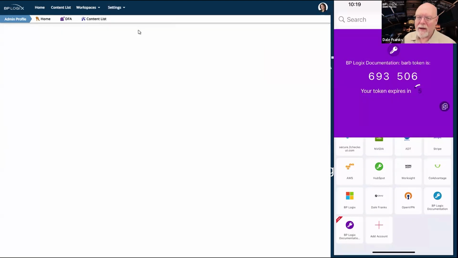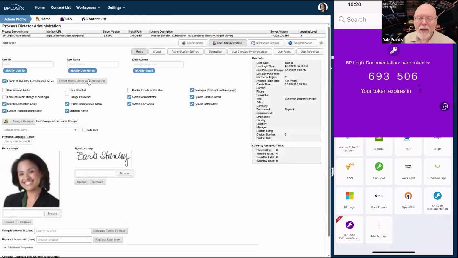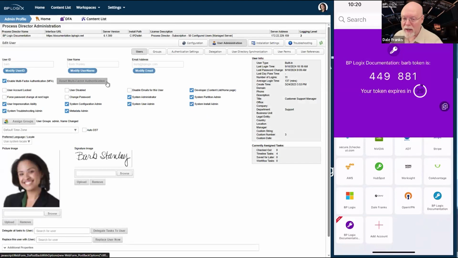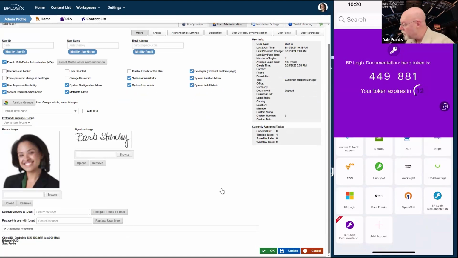And now, at this point, if I go back into Barb's account, my reset multi-factor authentication button works because Barb now has an active MFA account on the system. So at this point, I can simply delete that seed and I can invalidate her current MFA account simply by clicking on that button. I'm not going to do so because we're already 20 minutes into this and we just